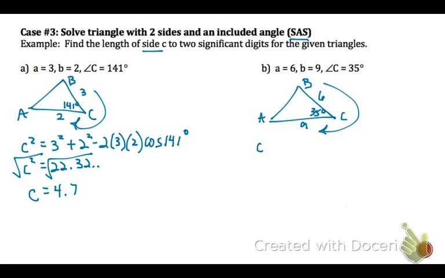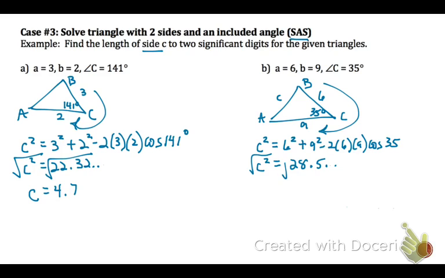So we're solving for side C. C squared equals 6 squared plus 9 squared minus 2 times 6 times 9 times the cosine of 35. You'll get 28.5 something. Take the square root of both sides. So C equals